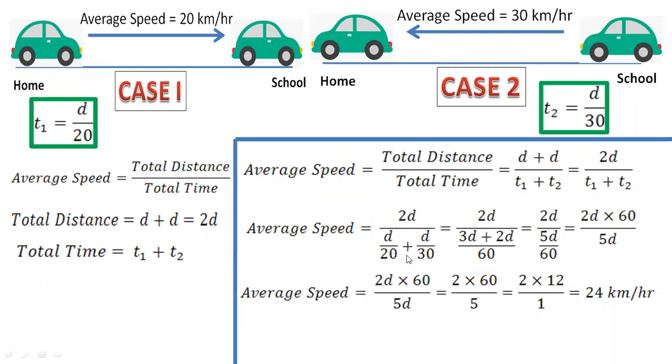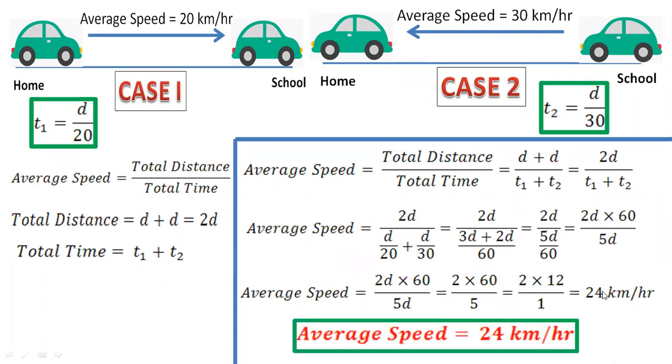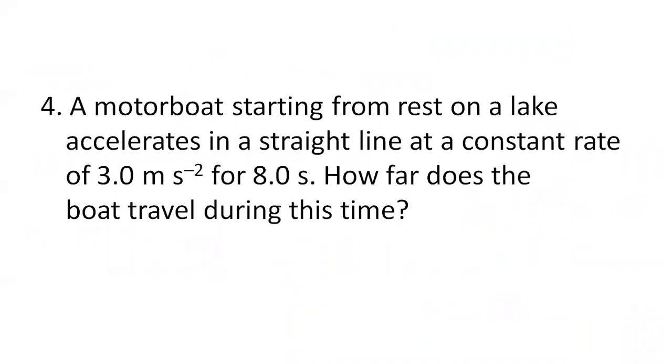2 threes are 6, so it would be 600. Working with those high numbers is very difficult. But if you are not comfortable with LCM, you can go for cross multiply. That is totally up to you. Okay? Final answers won't change. This answer, you will still get the same one, even if you take LCM, even if you cross multiply. That is totally your choice. Okay. So average speed for this case is 24 kilometer per hour. Now, actually we could have solved this question, but the time is limited. So what we'll do, in our next session,